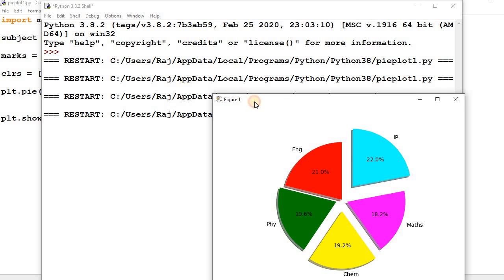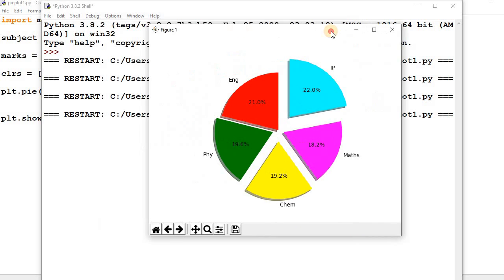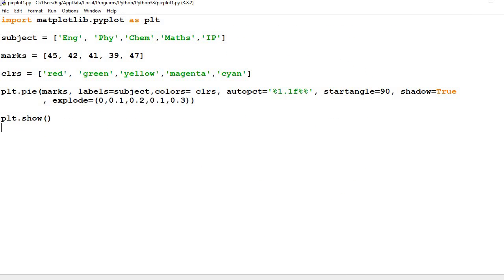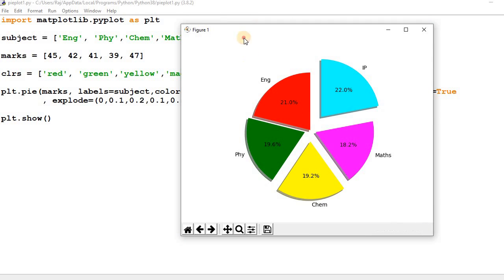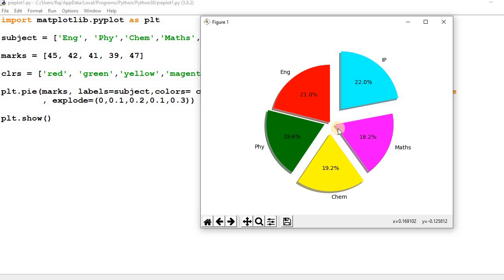Look here, what is the impact of this code. These are the explode values. Here 0 means no change, this is the center point. Now 0.1 from the center to this, 0.2 from the center to this, so this is called explode.